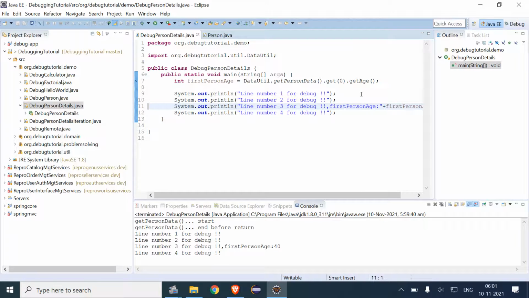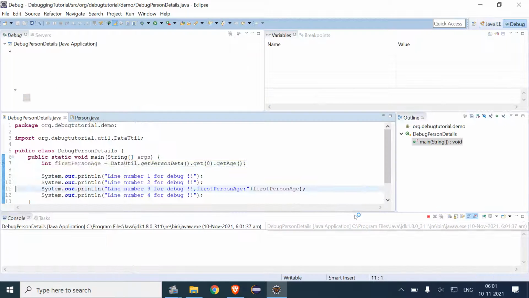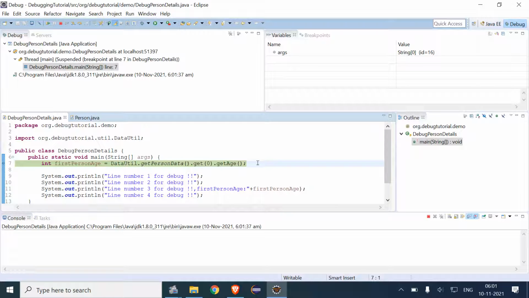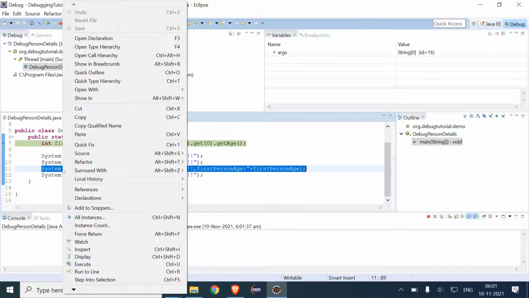So first I will just debug it, and here I have already selected this line. For example, here is a breakpoint, and I select this, right click, and add run to line.